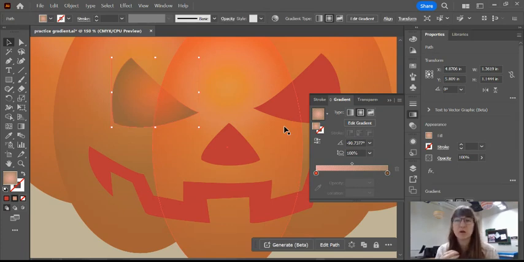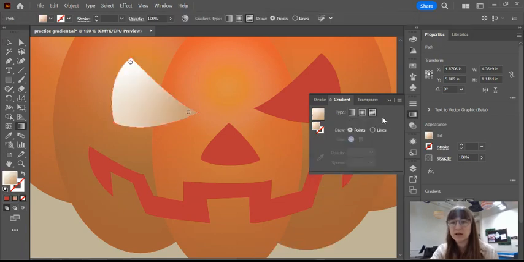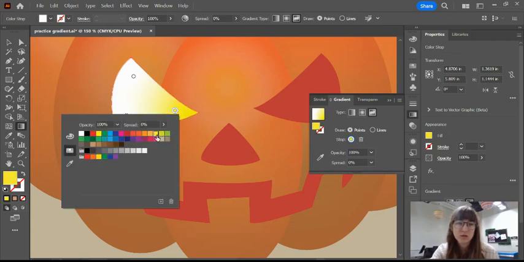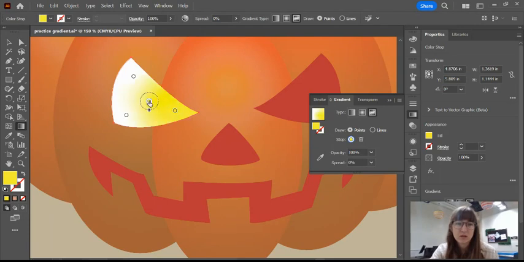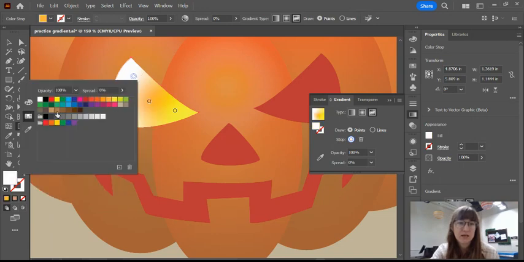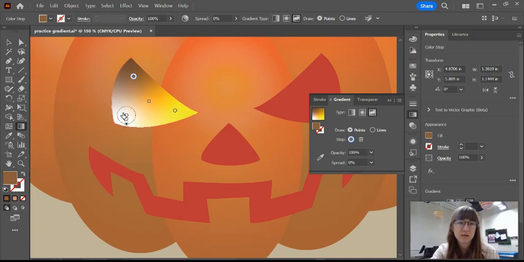And if I want to have more control, I can use a gradient called freeform. So if you look on this gradient pop-out menu, there's an option right here that says freeform. Go ahead and click on that. And then you're going to get these little circles inside of your shape that are the same thing as the circles that were on our gradient slider. So I could double click on these and change them to the color that I want them to be, so that it looks like there's a candle inside of here and it's getting darker as it goes towards the